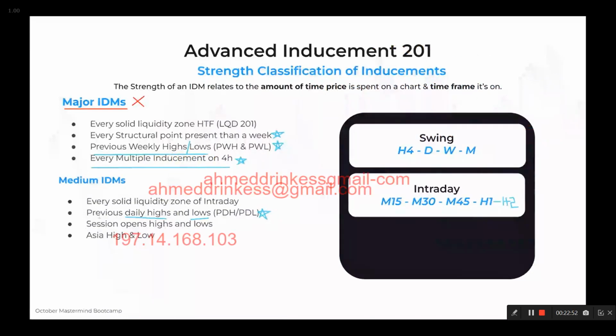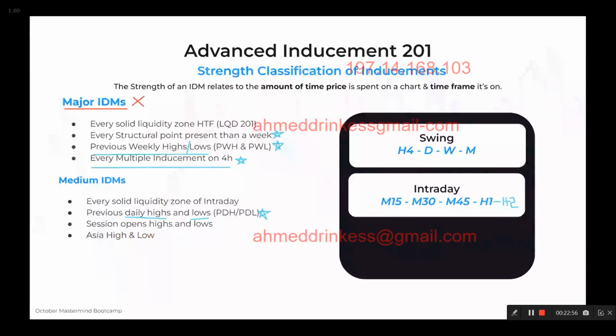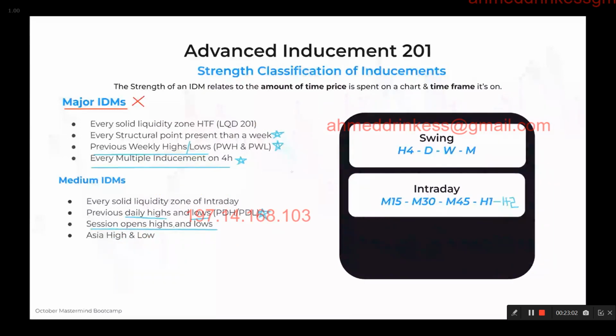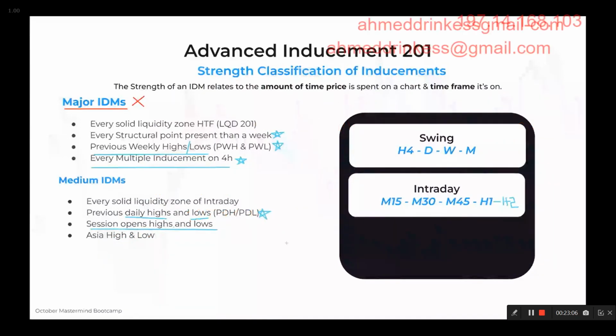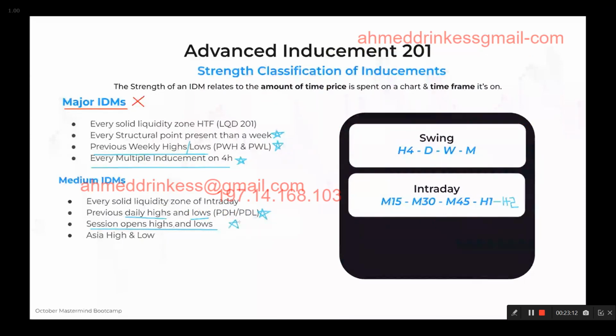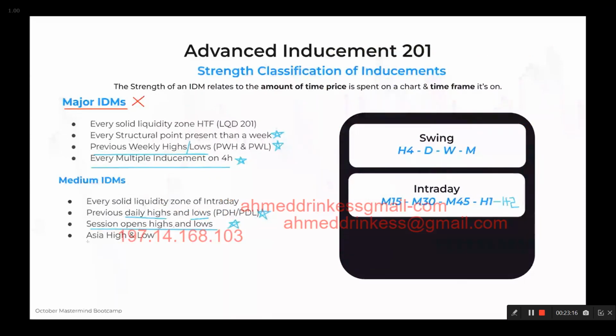These also are session opens, highs, and lows. Those are our medium inducements. So London high, London low, Asia high, Asia low, New York high, New York low. All of these are liquidity points for intraday traders. Then, of course, Asia high and Asia low,